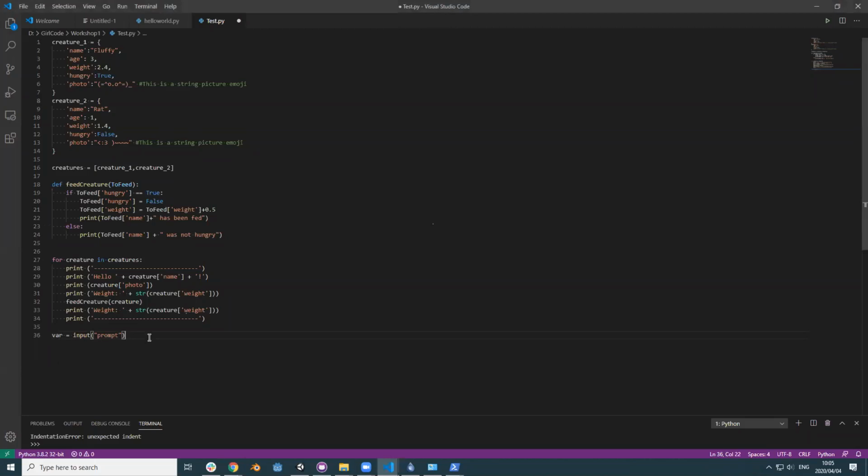So how input works is you just put a variable name down, then you say input and you put your prompt in there. As simple as that, whatever the user types in, it will put into the variable for you. Cool. So with that knowledge, let's allow the user to rename one of your pets. To do that, we're just going to say